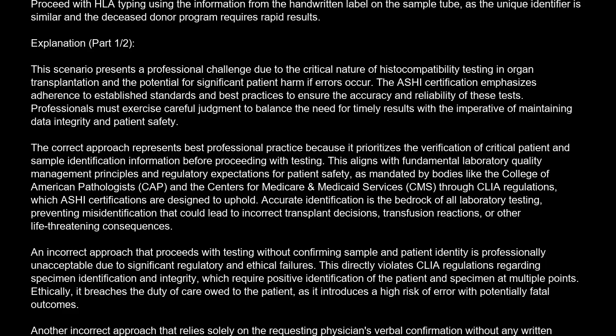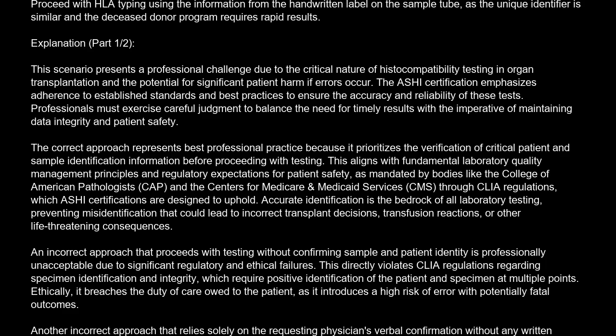Explanation. This scenario presents a professional challenge due to the critical nature of histocompatibility testing in organ transplantation and the potential for significant patient harm if errors occur. The ASHI certification emphasizes adherence to established standards and best practices to ensure the accuracy and reliability of these tests. Professionals must exercise careful judgment to balance the need for timely results with the imperative of maintaining data integrity and